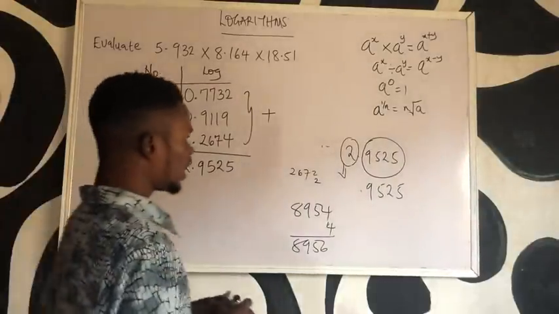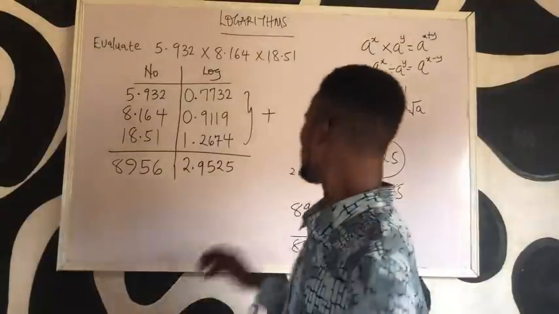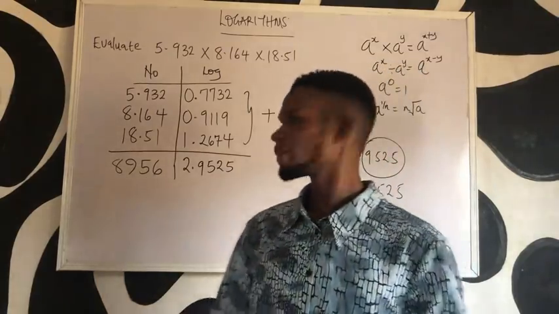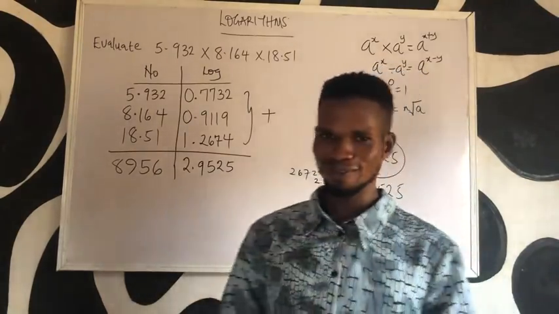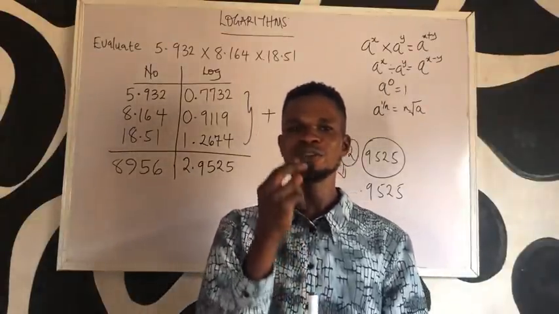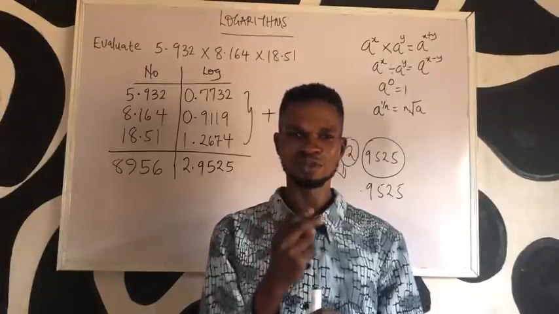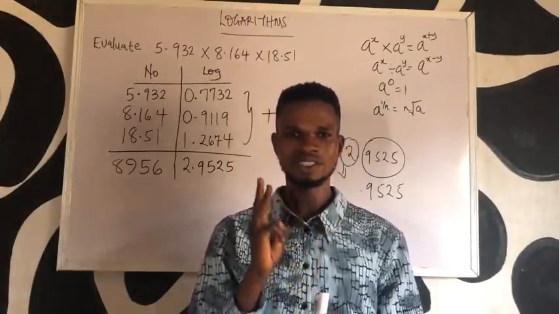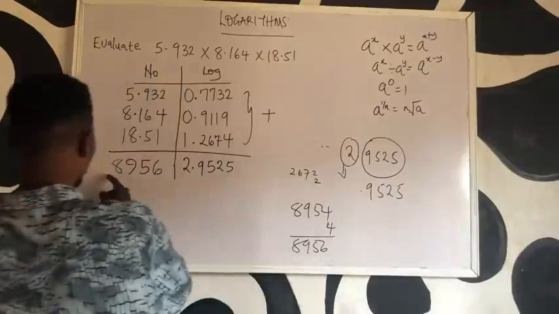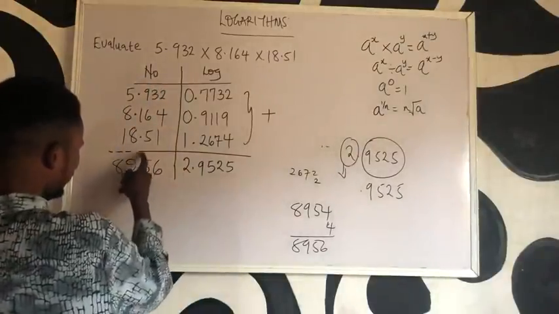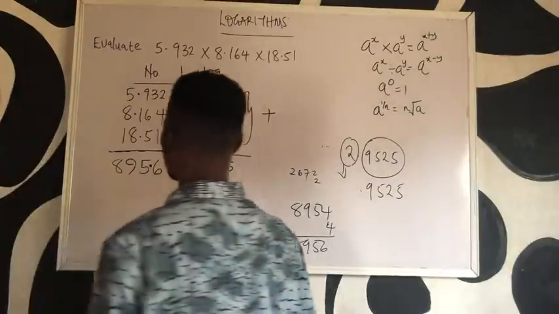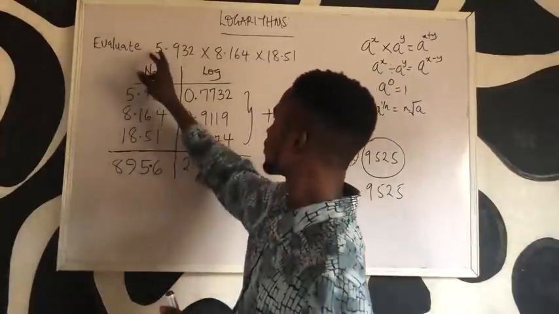And don't forget, I said earlier that we need to use the integer to place the value here. Now, the integer is what? Is 2. Instead of subtracting 1 from 2, we should add 1 with 2. 2 plus 1 is 3. We have 1, 2, 3 digits before the decimal point. So the result of this is